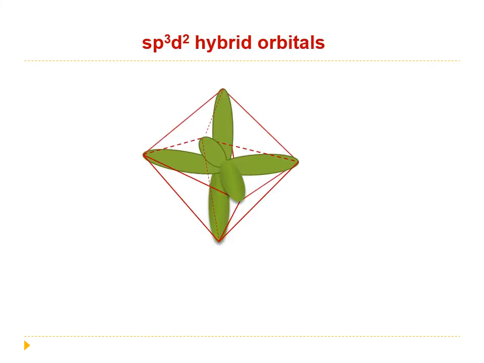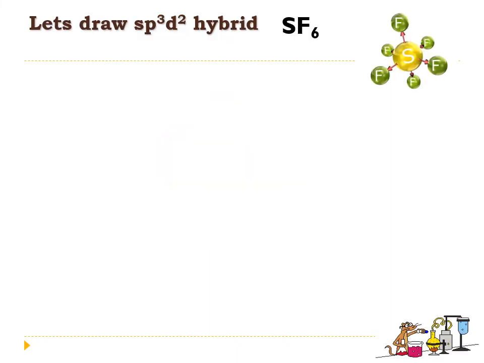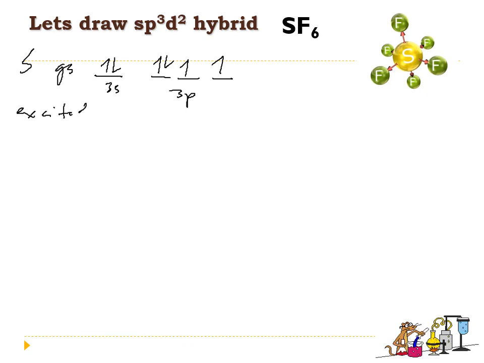This is how sp3d2 hybrid orbitals look like. Sulfur has 6 valence electrons. So we draw 2 electrons at 3s, 1, 2, 3, 4 at 3p's. At excited state,